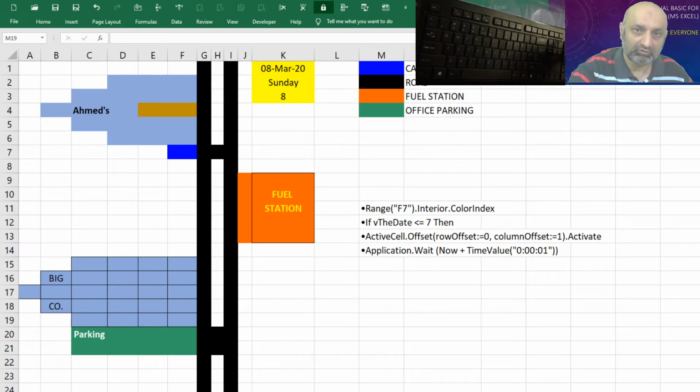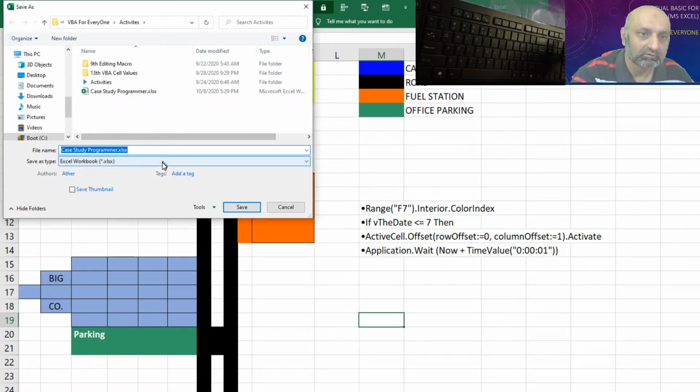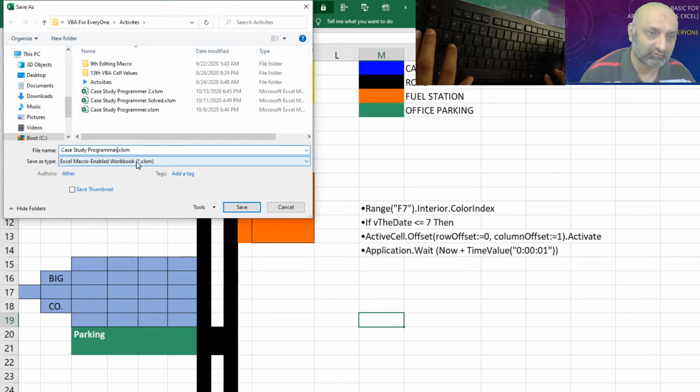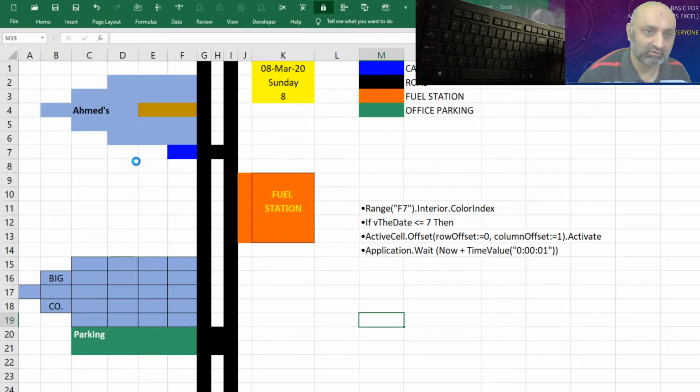So here we are with our XLSX file. First of all, we need to save it as XLSM and rename it to programmer 4.